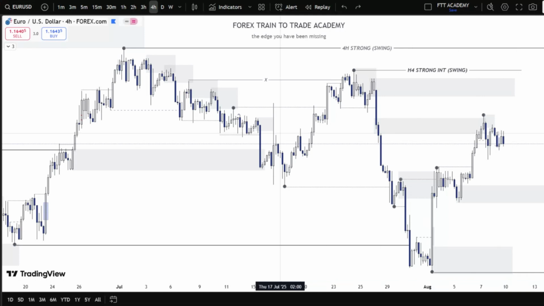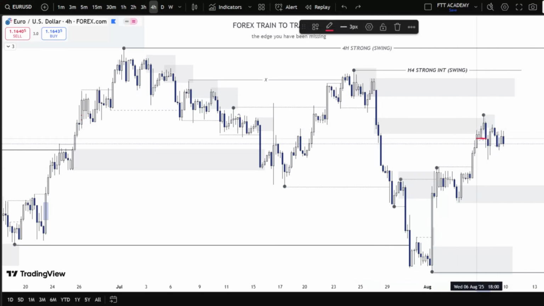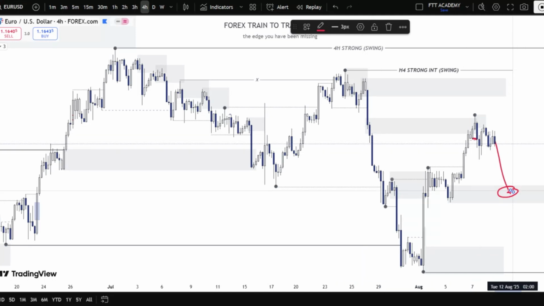Now, as the internal structure is bearish, we saw price pulling back to the internal range. Price is already at the premium of the internal range. It has mitigated a supply level here, a sell to buy supply level. And what do we have? We have a structure shift on the 4 hours here. So this structure shift is now signaling to us that truly price has tested a sell to buy supply level, which is actually a range supply level on the lower time frame, and it has given us a structure shift, and there is a chance that the market wants to pull back now down to this demand level here,